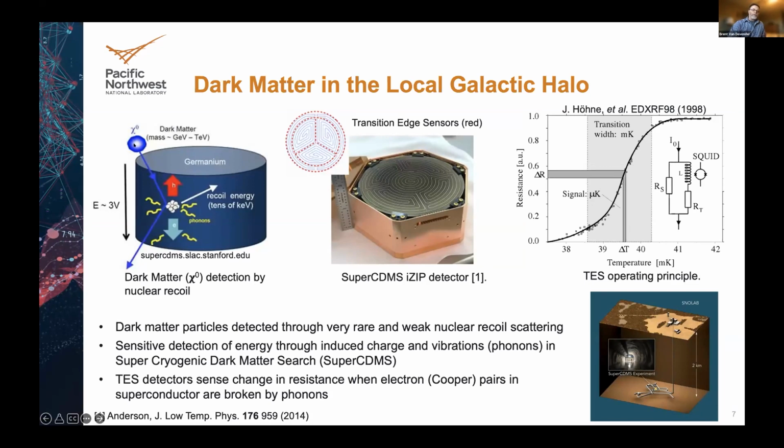The theory there is that some dark matter particle, here a WIMP called chi-naught in the upper left image, will scatter on a nucleus or an electron in a detector made out of, say, germanium. It can ionize the atoms, giving us charge that can be detected. It also sets the crystal lattice vibrating, creating phonons that we can detect.